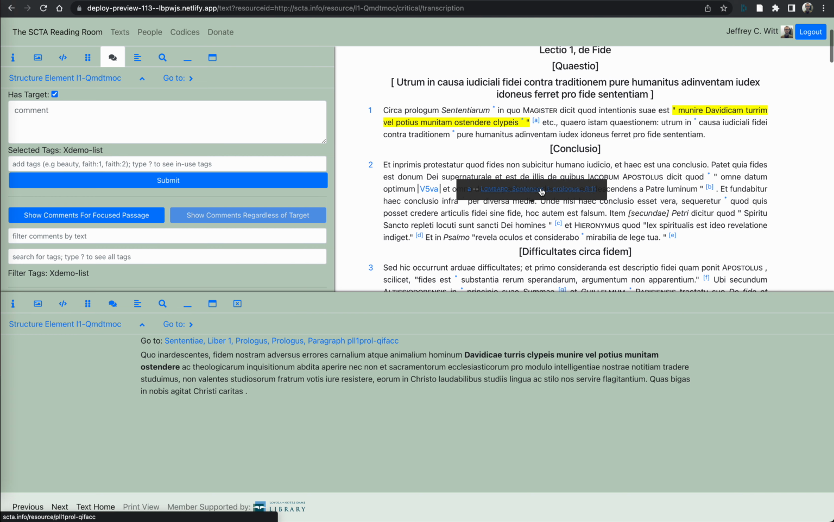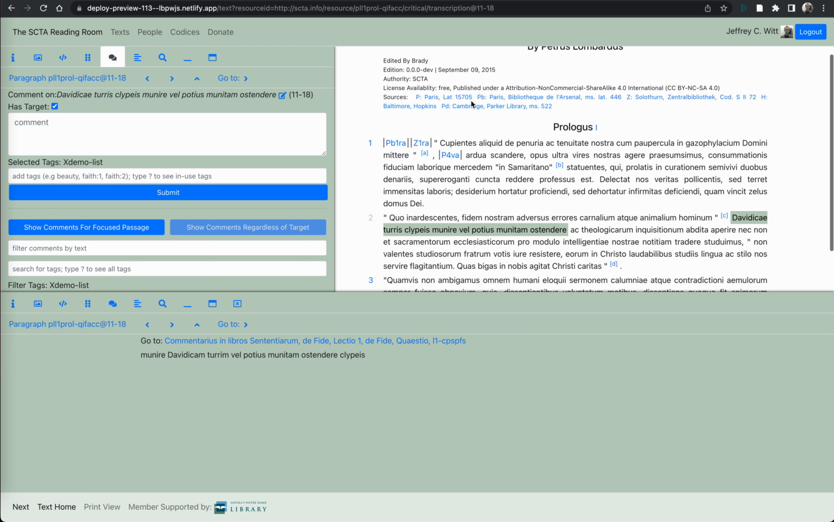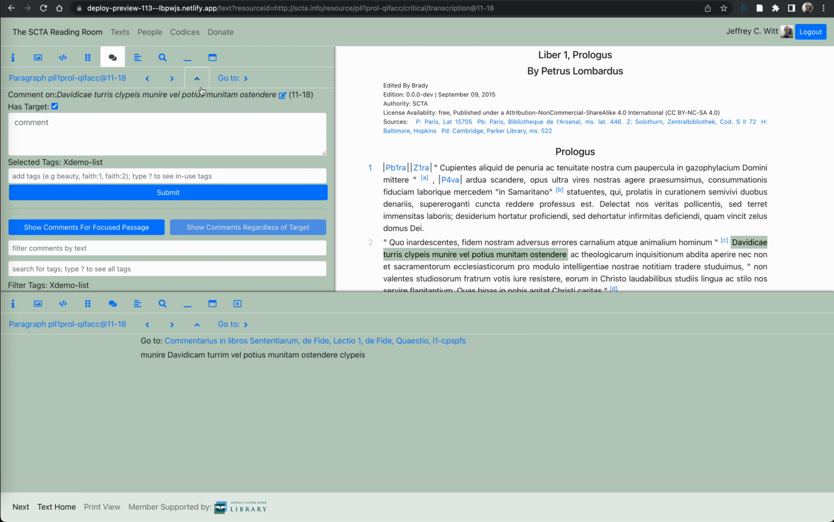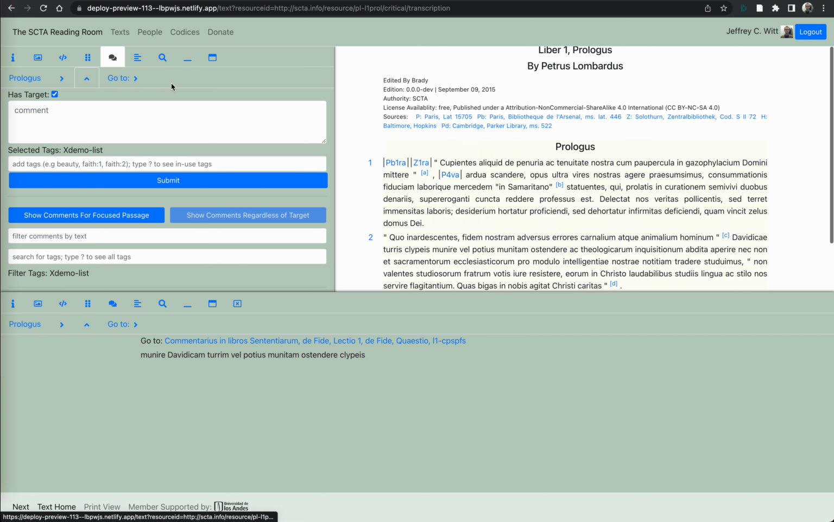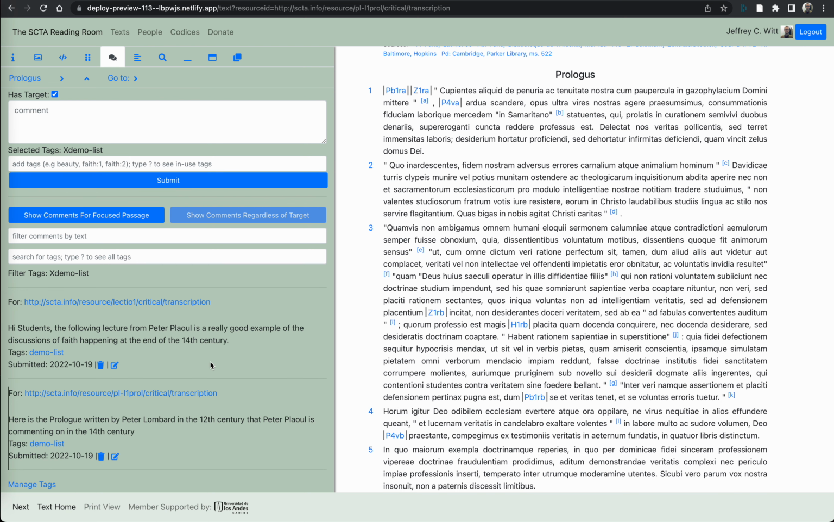So I'm going to navigate over to that text. Here I can get a preview, navigate over to it, and I want to focus on the prologue itself, not just an individual paragraph. So let me move up the tree a little bit. So now I'm focused on the prologue, and then say, here is the prologue written by Peter Lombard in the 12th century that Peter Plau is commenting on in the 14th century. Again, I'm going to add it to my demo list,